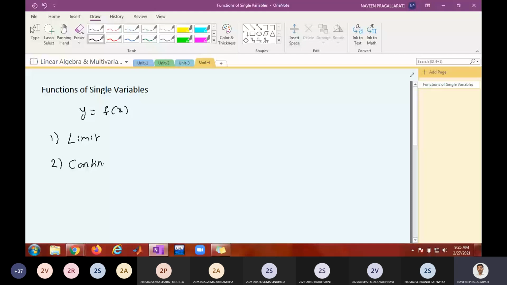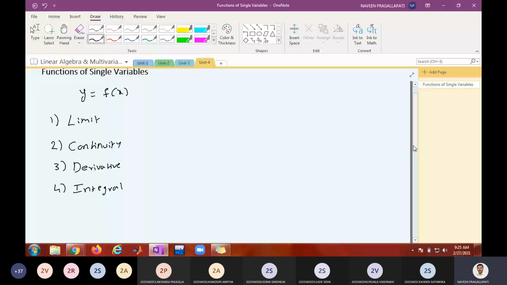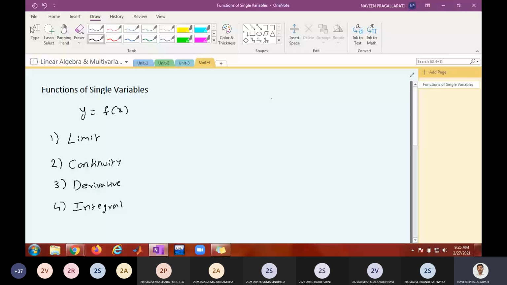Next concept. Right? So all these concepts you are going to see for functions of single variables and also for functions of several variables. Okay. For functions of several variables means what? It can be z equal to function of x comma y. It can be function of more than one variable. It can be function of two variables or function of three variables